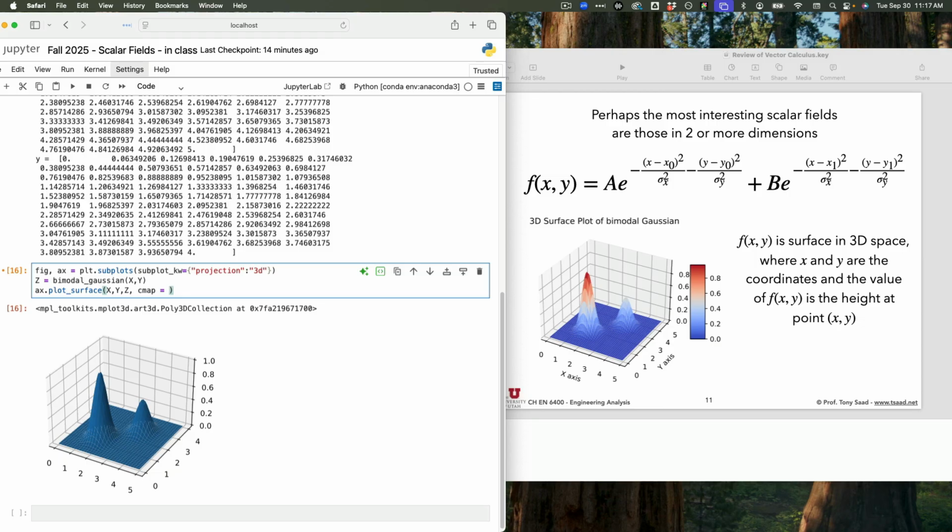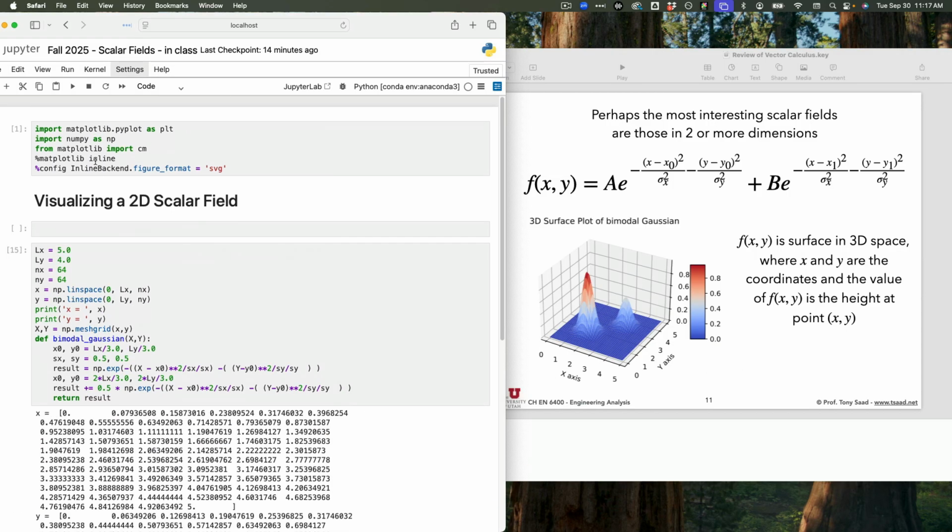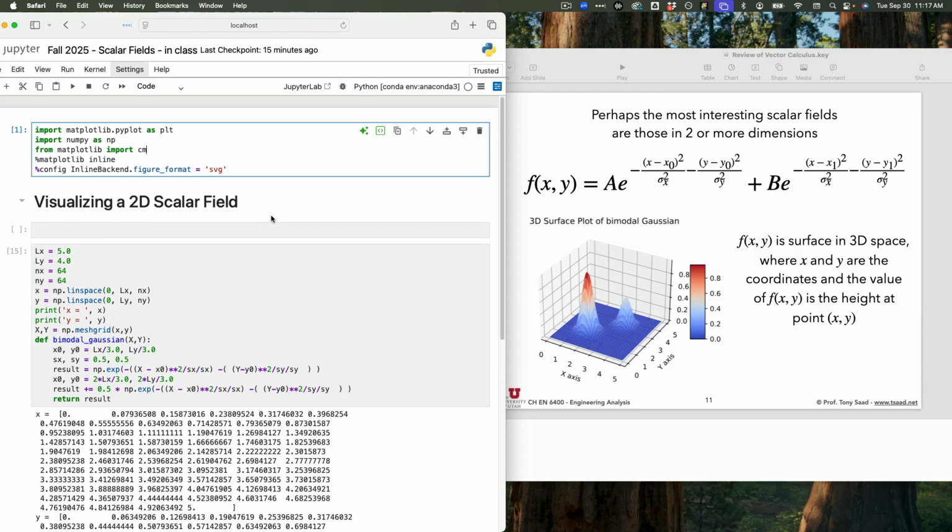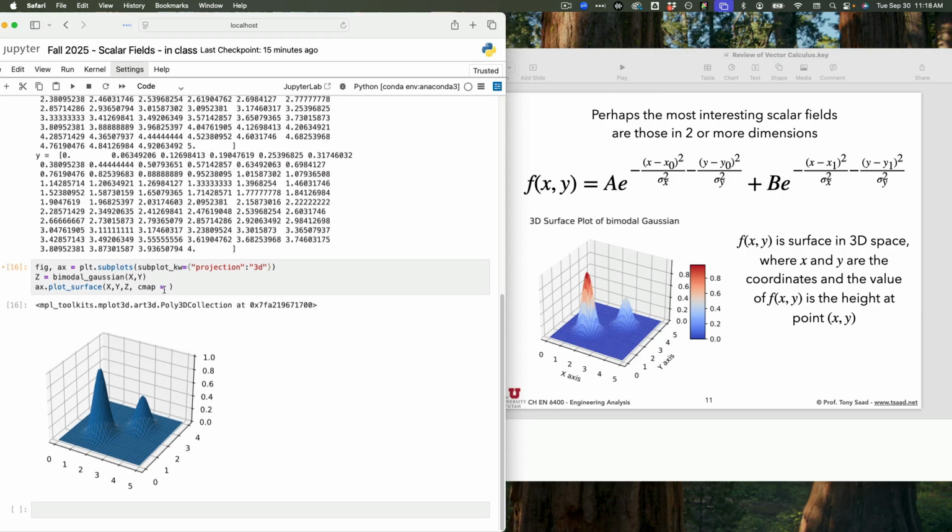Okay. So here, what I had to import from matplotlib is cm. These are color maps, all the color maps that allow you to do all sorts of colors. You can Google matplotlib color maps. There's a few that you would remember. And for this one, I used what's called coolwarm,